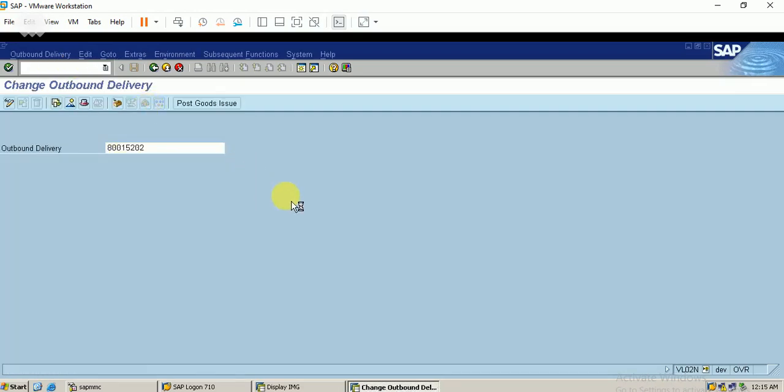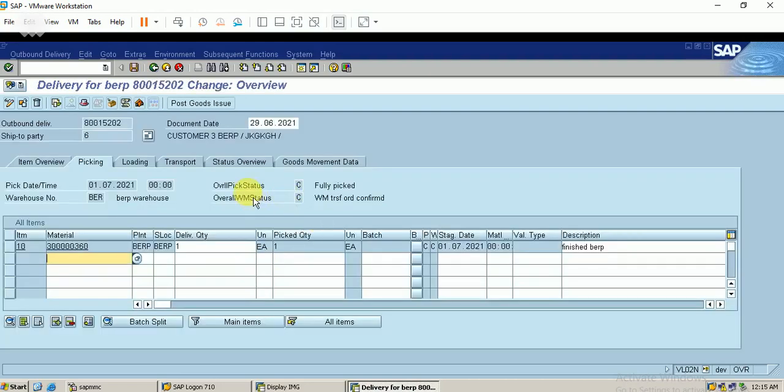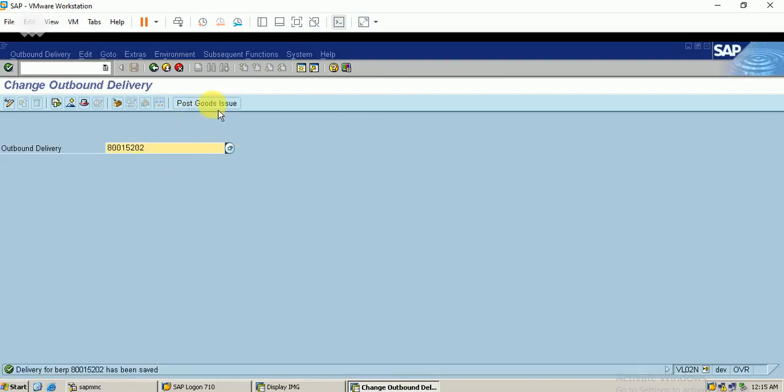Click on enter. You can see that the warehouse management status has been changed. The material is completely picked, and now it is good to go with the post goods issue. I just click on post goods issue. So the delivery has been saved.